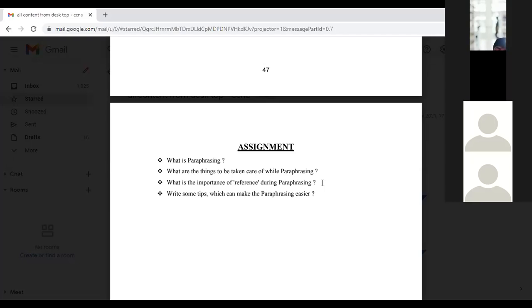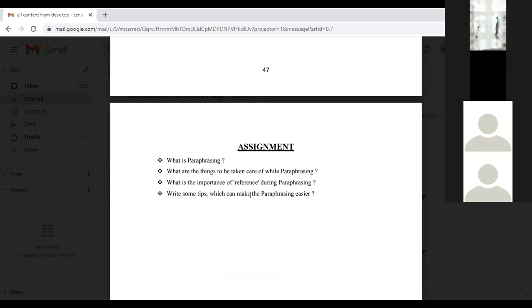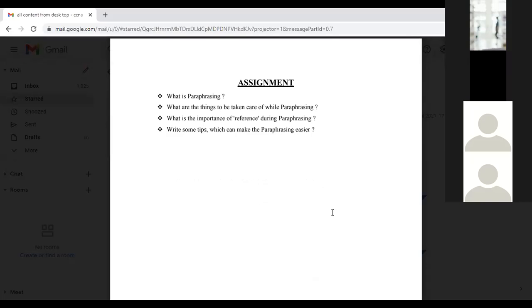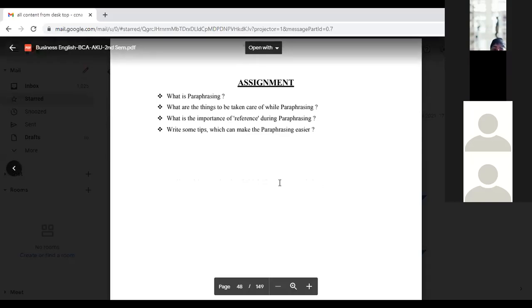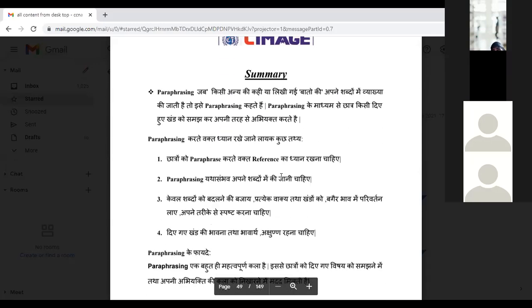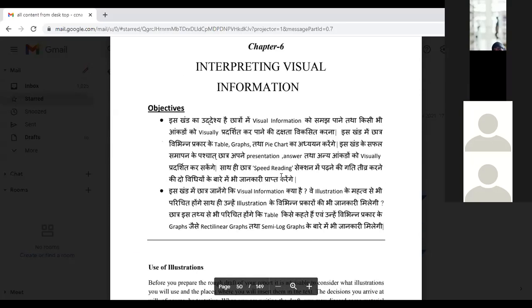There's psychologist G. Myers who, according to him, this was the text and you had to paraphrase this. Okay, and write some tips which can be made, change make to made, which can be made for paraphrasing. And more assignments are, what do you understand by meta guiding, and what is the connection between paraphrasing and meta guiding? This we already did in class.